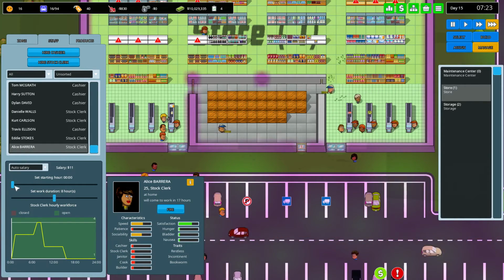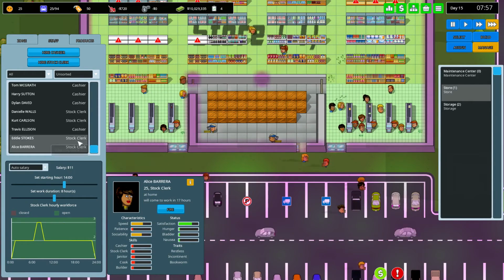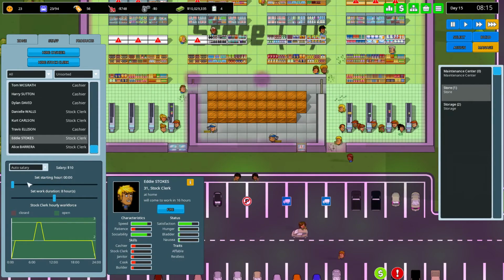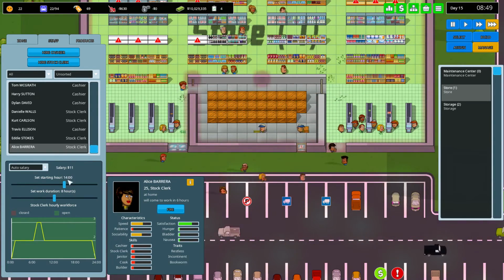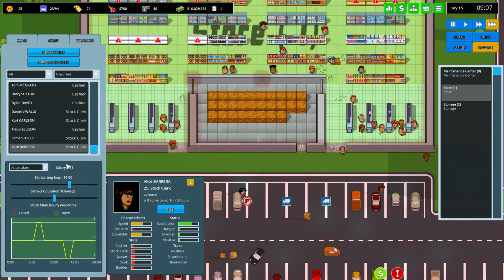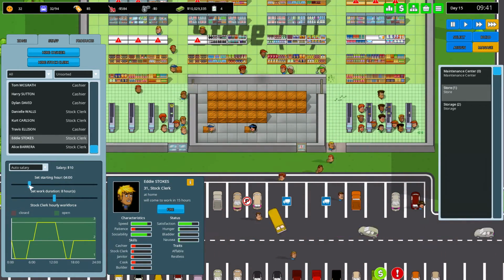So, Alice, what time are you going to start? You're going to do the late shift, my good friend. So you're going to start then. When do you start? You start at midnight, and I don't like that. So you're going to go ahead and you start at 4. I'm going to push you to start at 6 actually. Then this other stock clerk is going to start at...